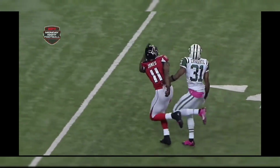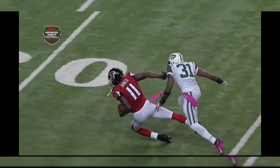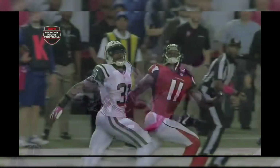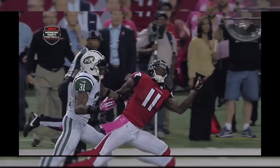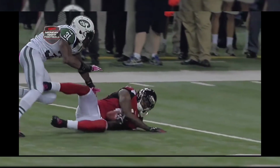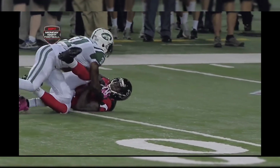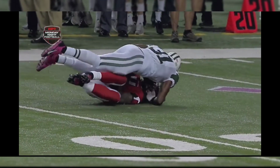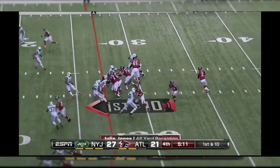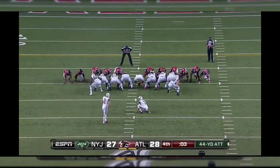46 on the game. Joe Howley is reported as an eligible tight end. He is the extra offensive tackle, but what a battle between Julio and Antonio Cromartie, and that's the play of the night. Falcons at the Jets 27. Ryan call timeout for 43